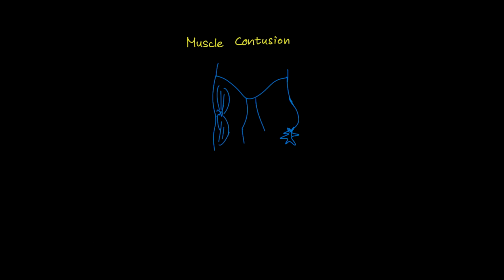Direct blunt force to muscle produces a specific injury pattern, and a muscle contusion is the textbook answer here. When a soccer player takes a direct kick to the thigh, the impact crushes muscle fibers and the small blood vessels running through them. The crushed fibers release inflammatory signals, and the damaged capillaries leak blood into the surrounding tissue. That leaked blood pools under the skin, producing the characteristic bluish bruise, or ecchymosis, that shows up over the next